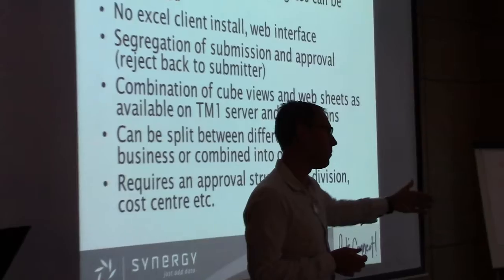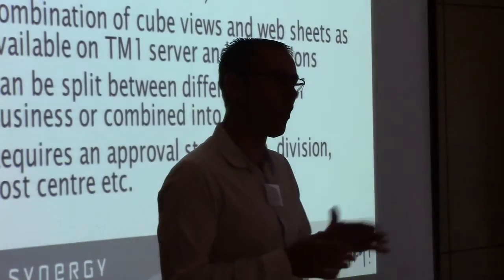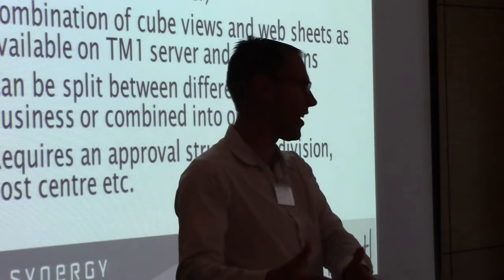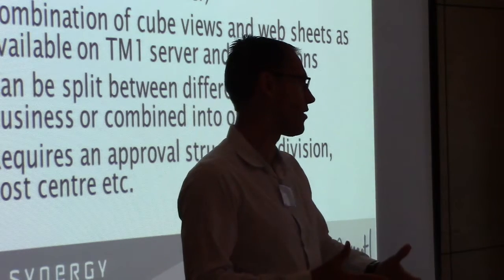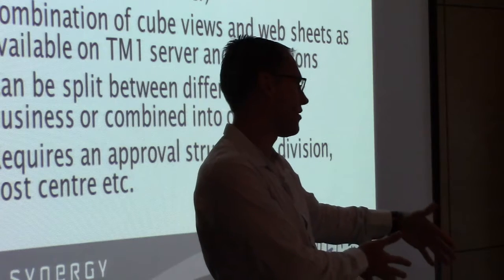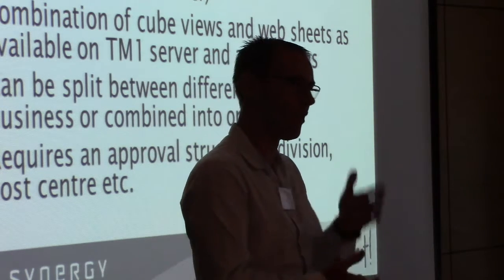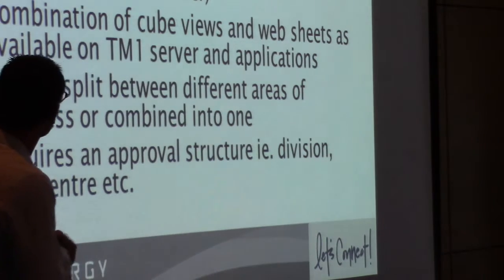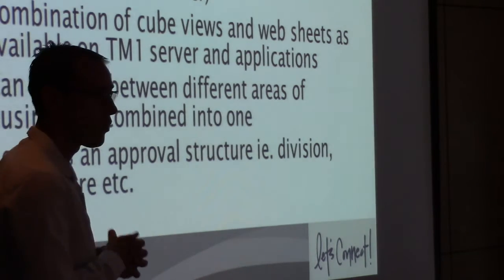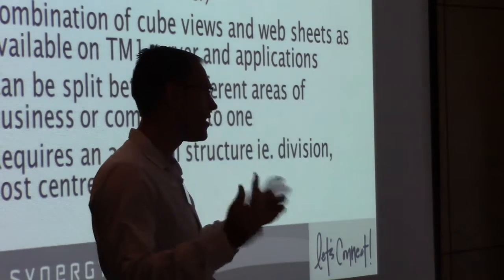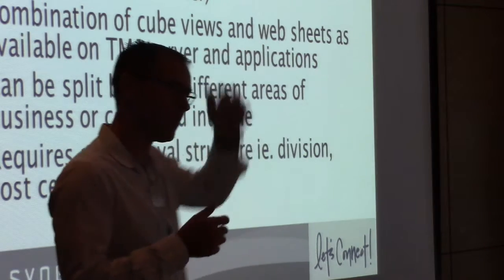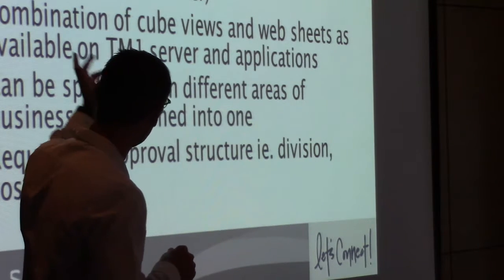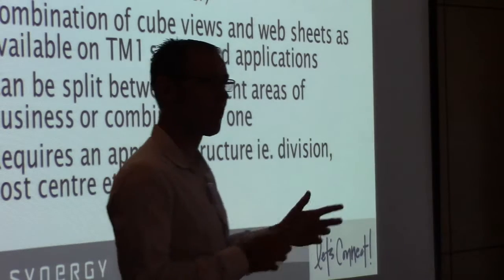So it gives you that ability, and you don't only have a one-level approval. You can have person A submit, person B review, and person C commit it to the final version. So it gives you that capability. Again, you can use the web interface. The nice thing is if you've got decentralized branch managers or businesses, you can get them to use the web interface. And obviously the idea is that you can then have an audit trail.